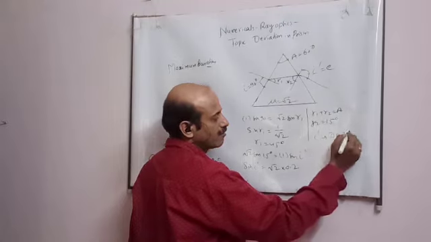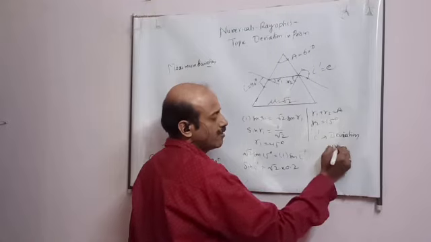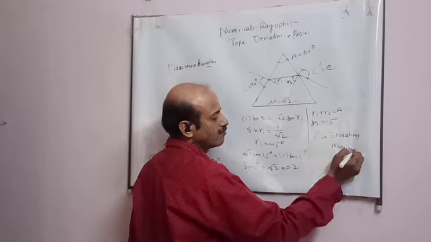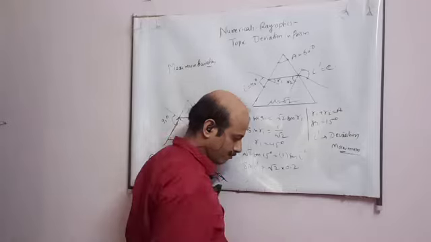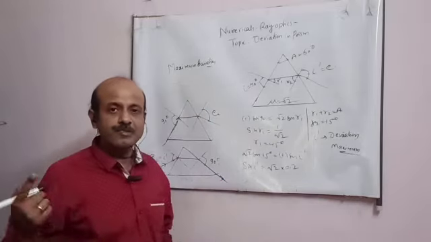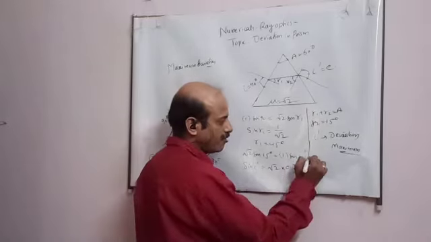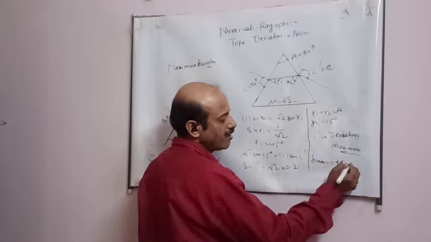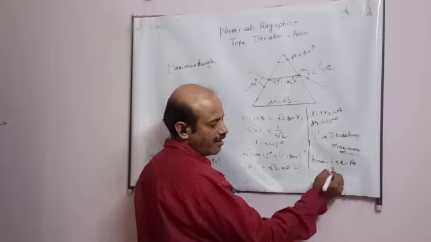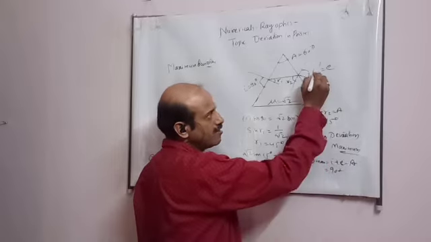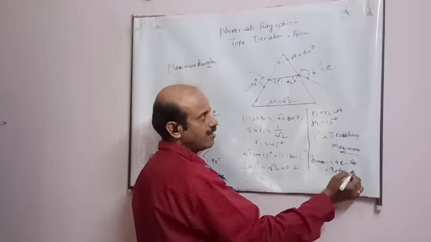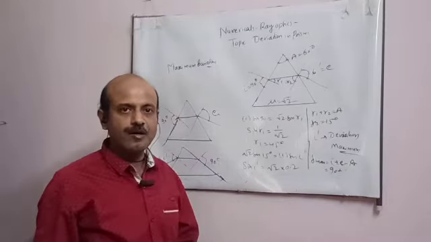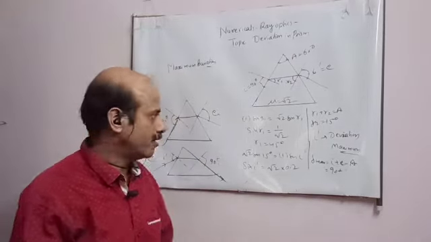Deviation is maximum. And how much is that maximum deviation? From this formula you can find out. Delta maximum is equal to I plus E minus A. I is 90 plus E. E means this E, this value you have to take. Minus A. You will get how much is the maximum deviation.